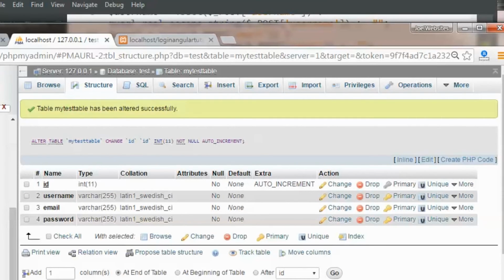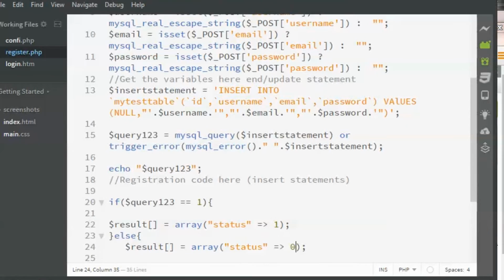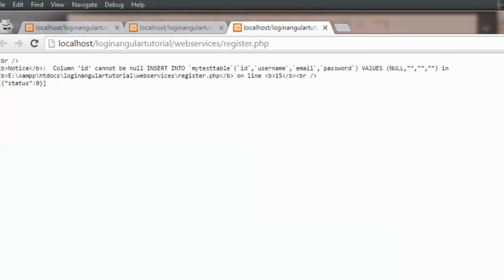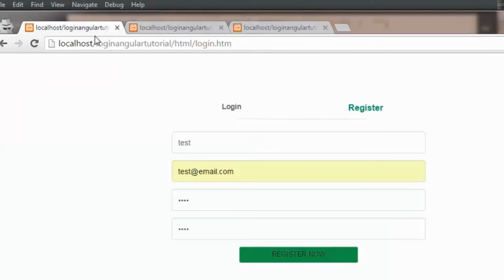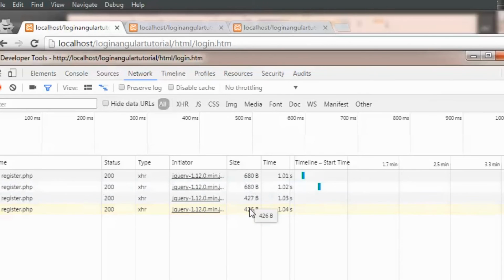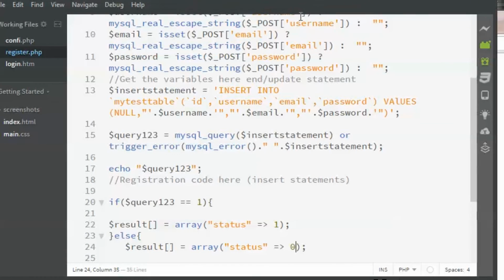So let us try the test once again. Okay, let us see if data is inserted or not.